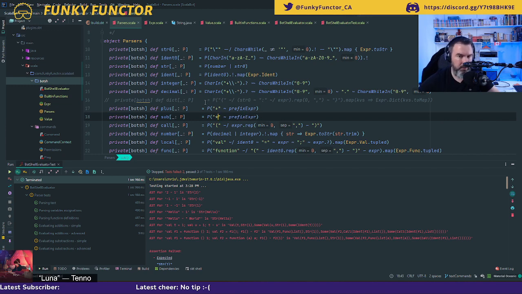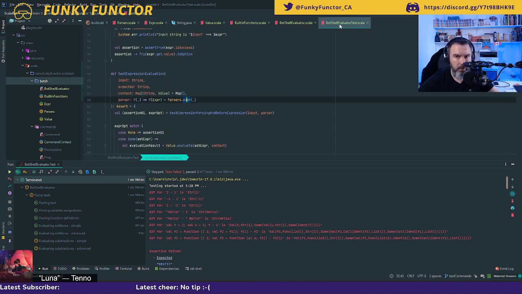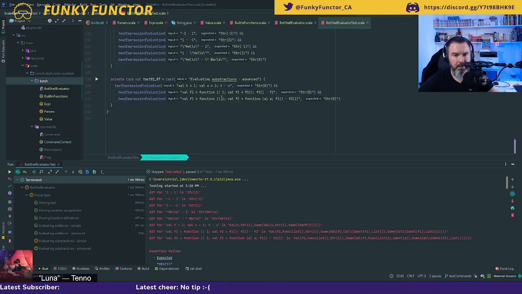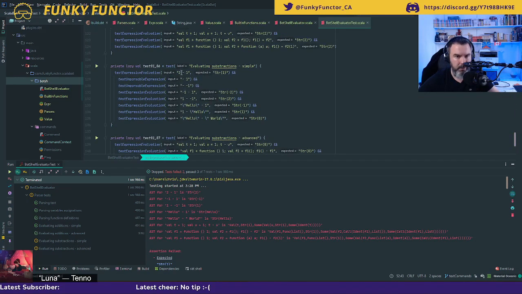Let's try to use the multiply for a second. I just want to see if that is a problem with the character itself or with the expressions. I'm gonna change my test, and instead of minus, I'm gonna use the times symbol, trying to see if that is a problem with this character or not.